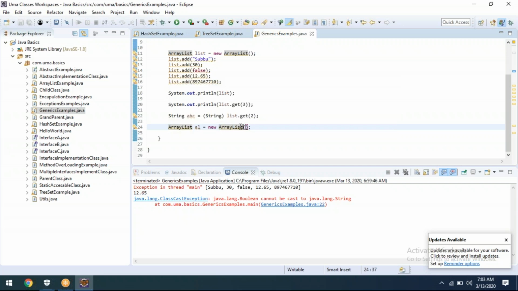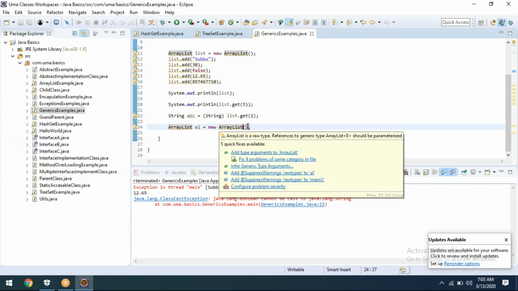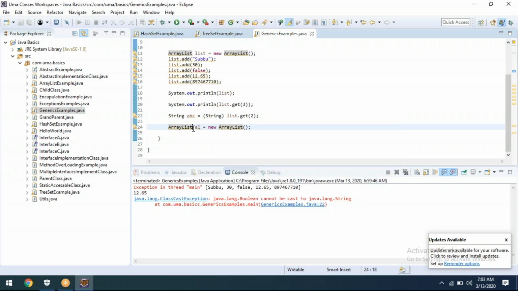Now I will move this one to a generic. Let's say, for example, how to move to generic. Here while typing, you will get something like E. Now, what type of values are you going to give? The same type of values you have to restrict. Here I'm giving String. Getting my point? Yes. If you're not understanding this line, I'll tell you again, or else let me write it from scratch.